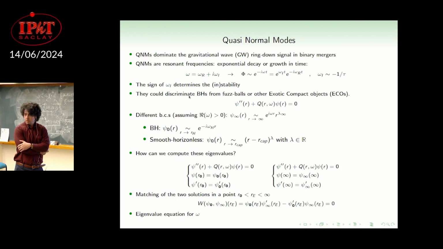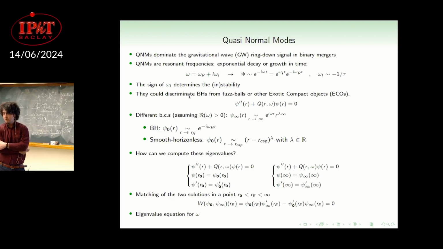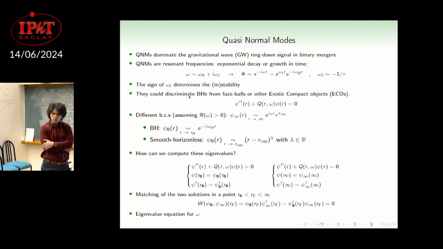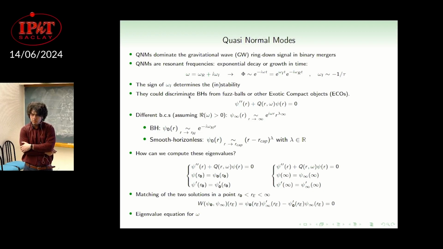I don't know if it's bigger. I would prefer it to be an integer. But I agree with you. It should always be positive, because you are requiring regularity of the wave function at this point. Actually, I don't think that you also need regularity of the derivatives. So it's okay for you if the derivatives blow up at the cap? Yeah, I think there is no problem. You probably have to have at least one derivative being good, because otherwise your energy will be infinite, or some kind of energy will be infinite.